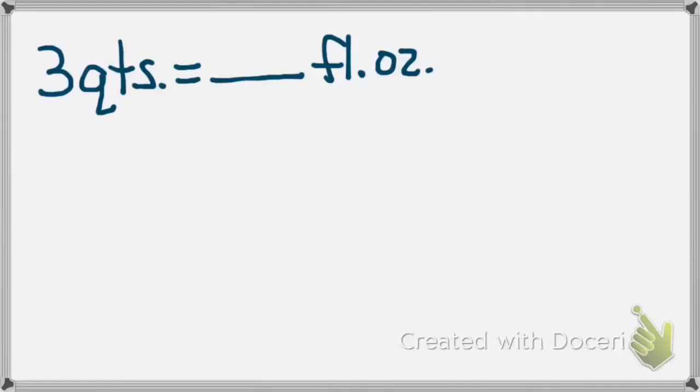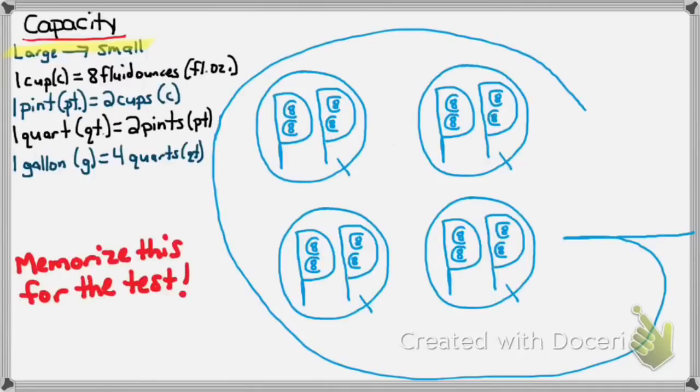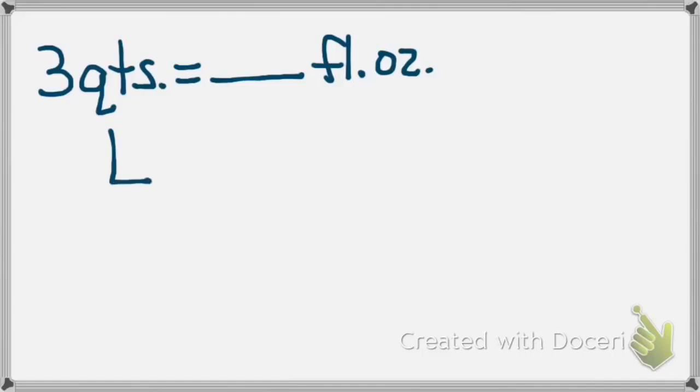fluid ounces. So I look back at my chart to see which is larger, fluid ounces or quarts. It doesn't tell me which is larger, fluid ounces or quarts. But on my gallon guy right here, I can certainly see. Remember, my fluid ounces are my little 8s that are inside each cup, and I can see that that 8, which is fluid ounces, is definitely much smaller than the quarts. So quarts are larger. Therefore, I put my large under my quarts to small, and then the large to small